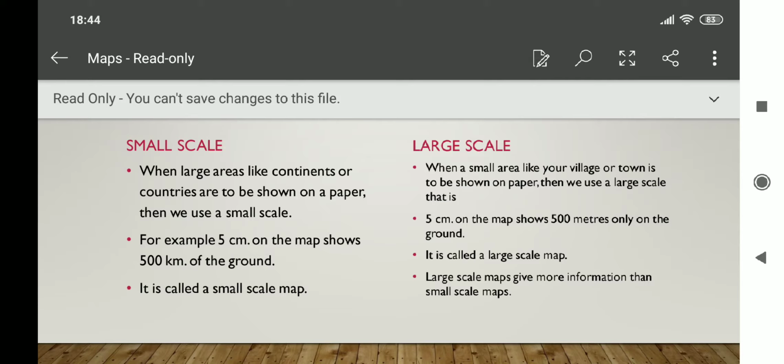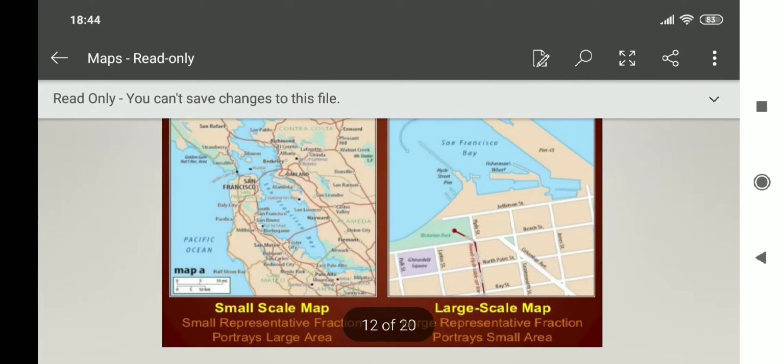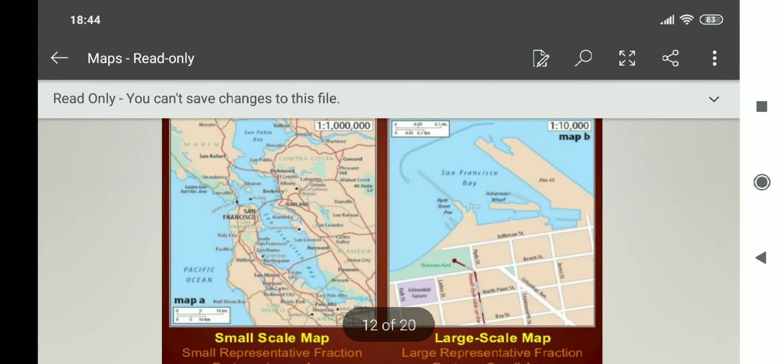Okay, it is called a small scale map. In a large scale map, 5 centimeters on the map shows only 500 meters on the ground. It is called a large scale map. A large scale map gives more information than a small scale map. So these are the pictures of a large scale map and a small scale map.